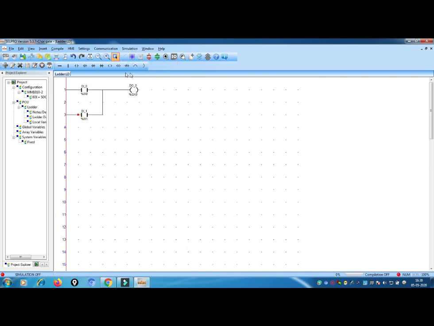Now if we want to do this program by using a relay or memory, then we have to take an OR gate, meaning two switches, and I will take this as a relay, and I will take one more switch. You can change the name also. For input, I will keep input 1 as DI1 as start and DI2 as stop, and this thing as a relay and our output. So when the relay is activated, my load should turn on. That is my concept by using the OR gate. See here, I have taken two switches.